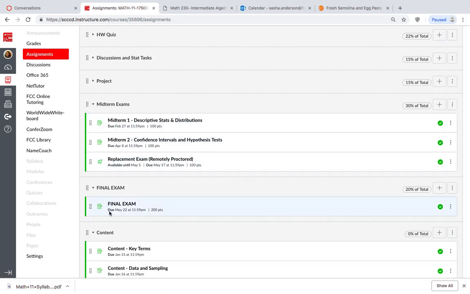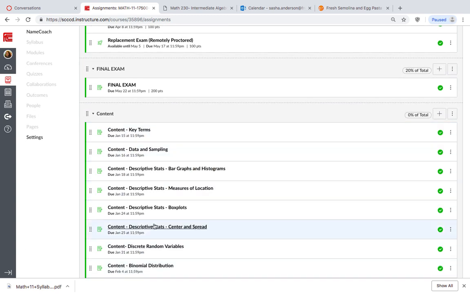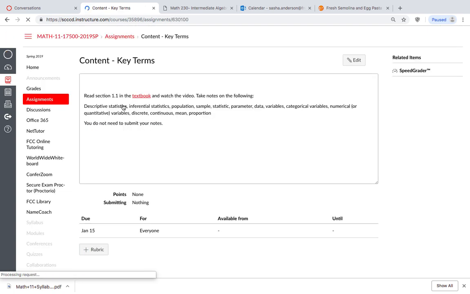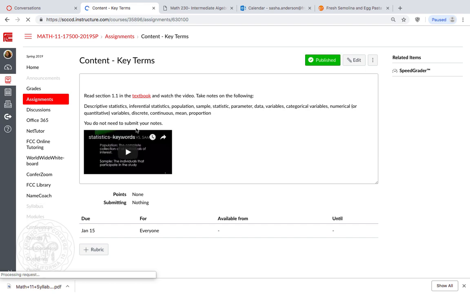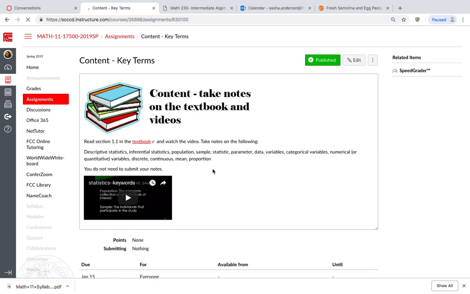Midterm exams, final exam, and then something else called content. Content actually has due dates but is not worth any points. You can think of this as sort of your lecture. I wanted to show what you needed to read, so I'll go ahead and open one of these up. I'll show you the keywords that you needed to take notes on, what you needed to read. You do not need to submit your notes for this. This is just